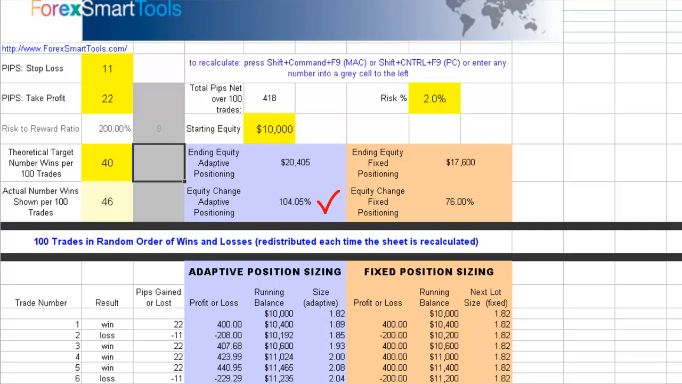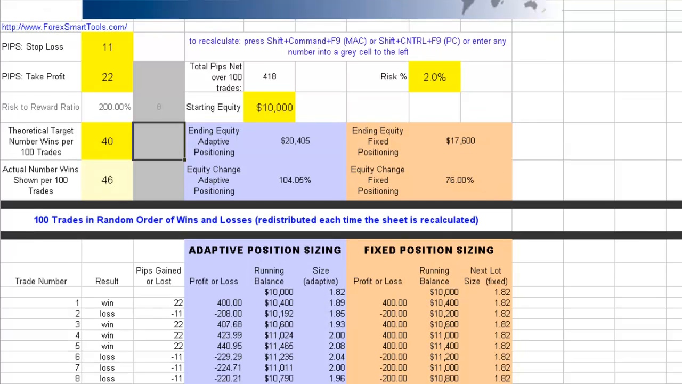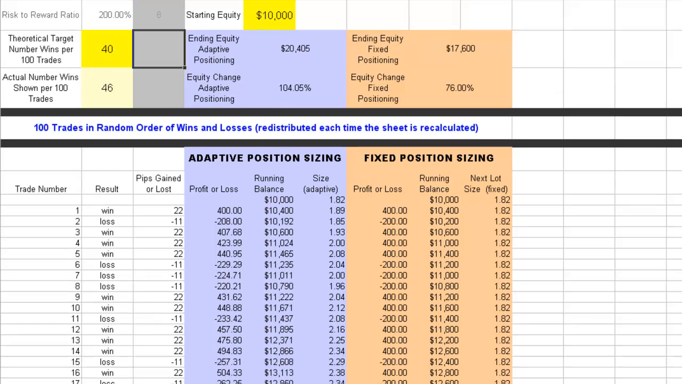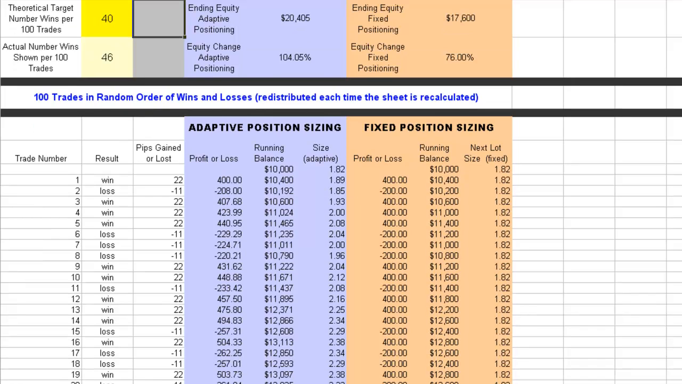over these 100 trades, whereas using a fixed lot size only gave us 76%. Still tremendous, but take a look at the difference. We made almost 28% more from our money by just changing our lot size with each trade. And you can see here, if we look at some of the trades, that's just what we're doing. In the first trade, we started out with 1.8 lots, 1.82. Then because we made money in the first trade, we have a larger position size in our second trade